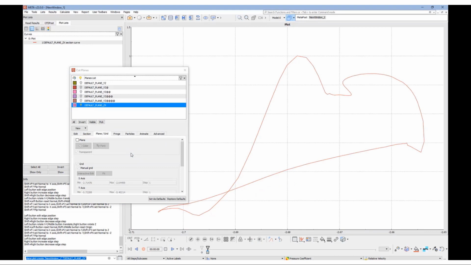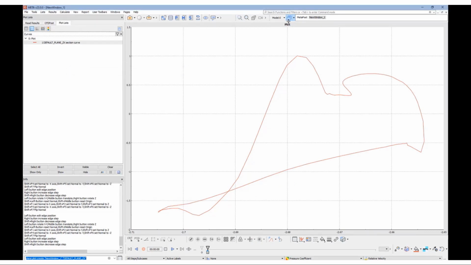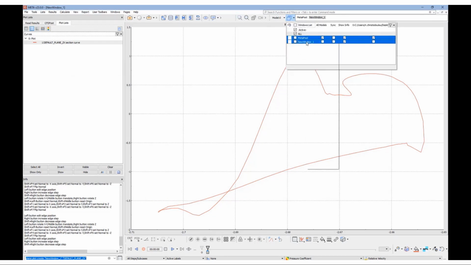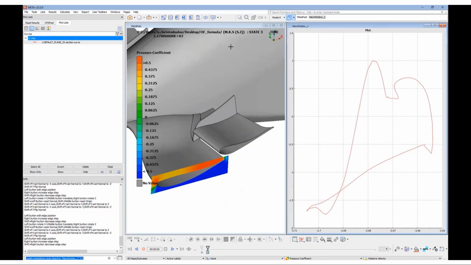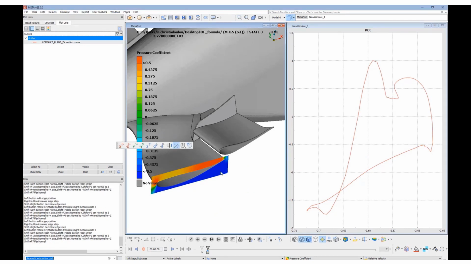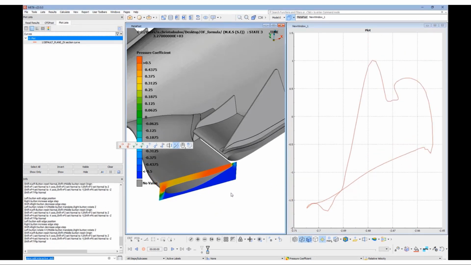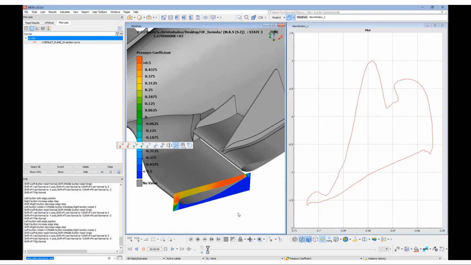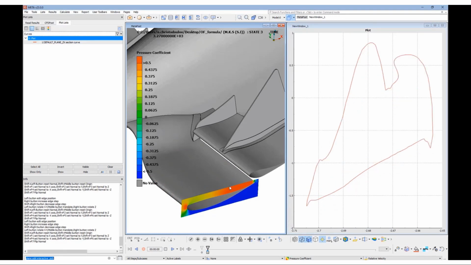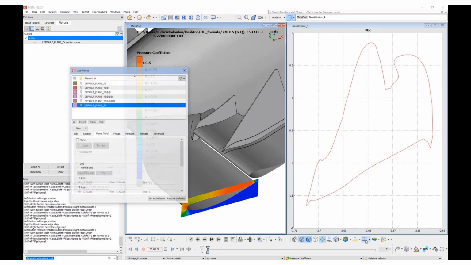And we get the 2D plot of the pressure coefficient around the section of the front wing. Let's tile the two windows now and do this interactively. A very useful tool to study the pressure distribution at cross-section of wings.